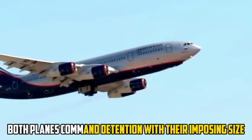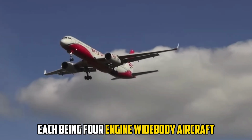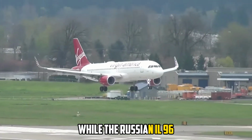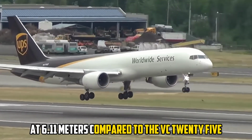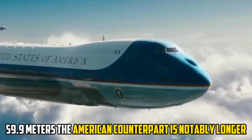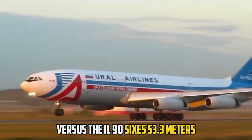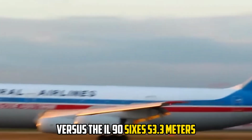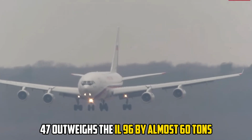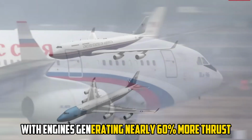Both planes command attention with their imposing size, each being 4-engine wide-body aircraft often dominating airport tarmacs. While the Russian IL-96 boasts a slightly larger wingspan at 60.11 meters compared to the VC-25's 59.9 meters, the American counterpart is notably longer, measuring 70.66 meters versus the IL-96's 53.3 meters. Moreover, the 747 outweighs the IL-96 by almost 60 tons at maximum takeoff weight, with engines generating nearly 60% more thrust,